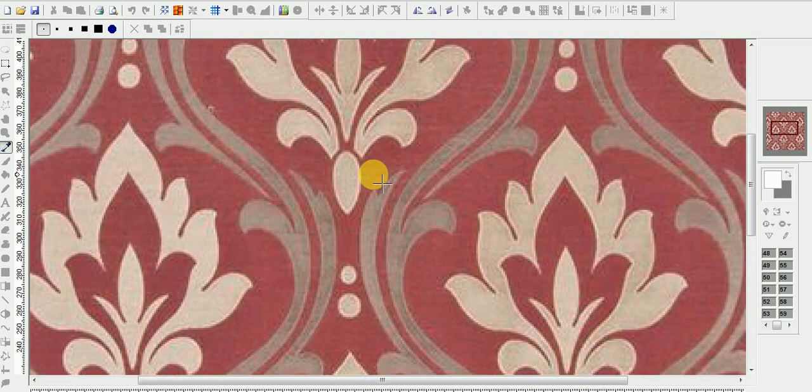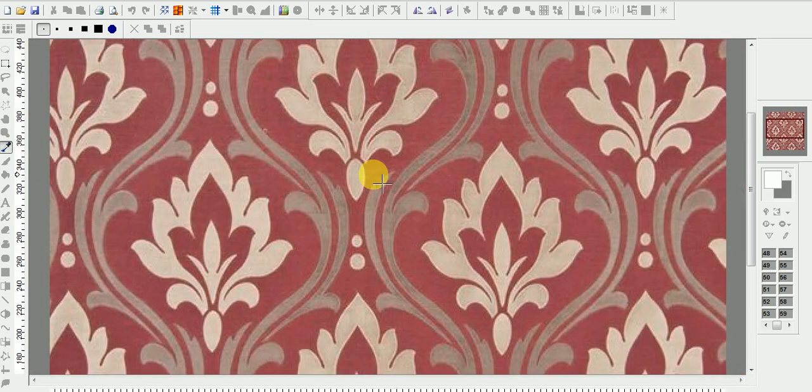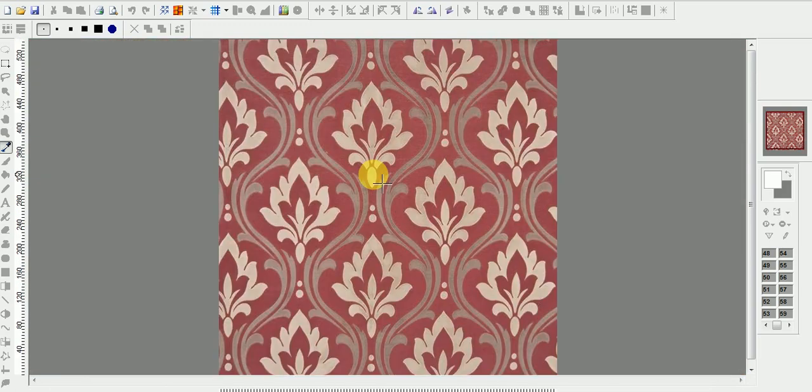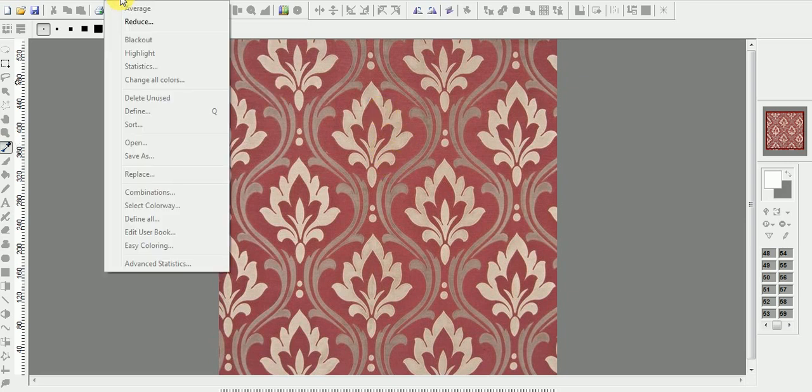In Photoshop you can use millions of colors, and by using layers you can make colors, but in Texel we don't have any option to make layers. This is the reason we have to reduce the colors.